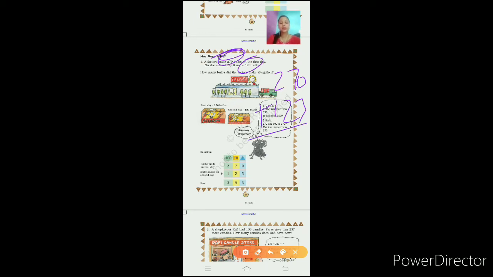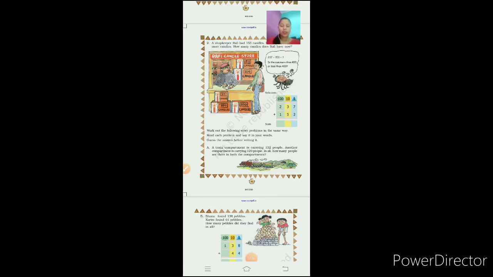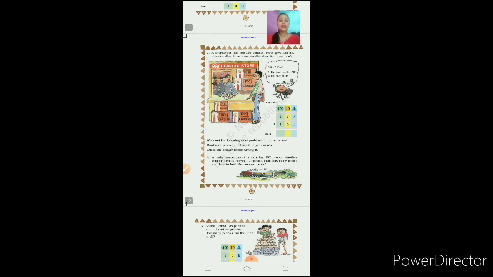Okay, it's simple. So the total number of bulbs manufactured within 2 days is 397. जब आपको 2 चीज़ों को combine करना है, when you want to combine 2 things, you have to do addition only. जब एक दिन मैन्युफैक्चरिंग होगी, अगले दिन मैन्युफैक्चरिंग होगी, तो चीज़ें इंक्रीज होंगी ना. Okay, so addition. So in page number 40, the condition is a shopkeeper Rafi had 153 candles.